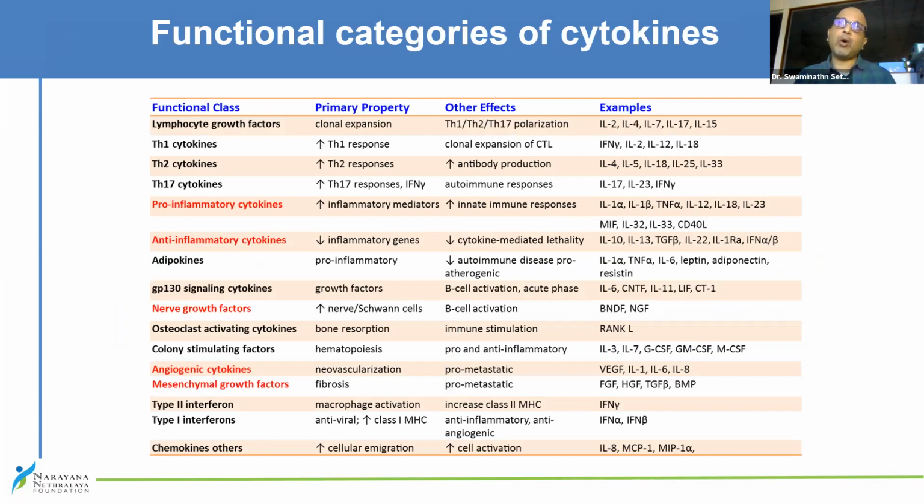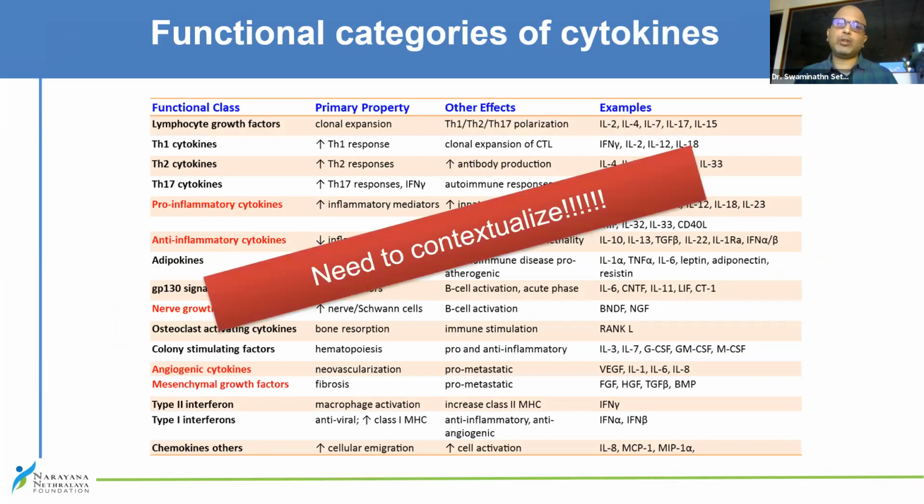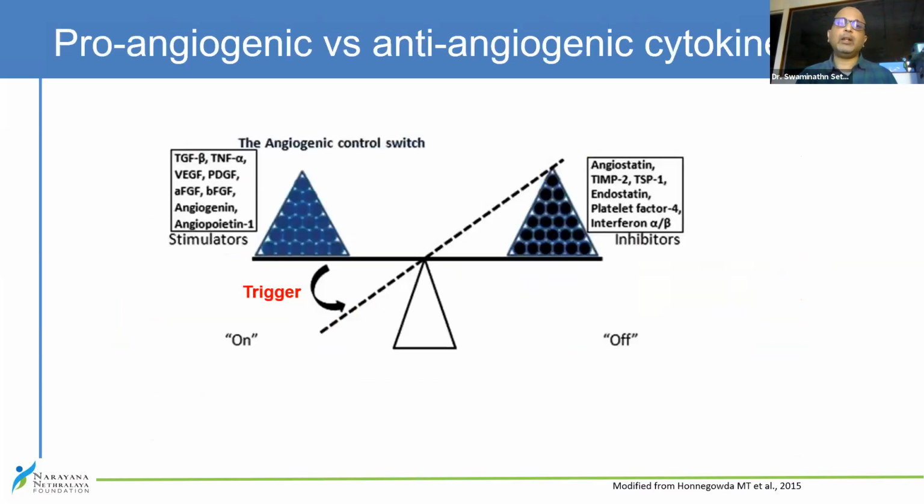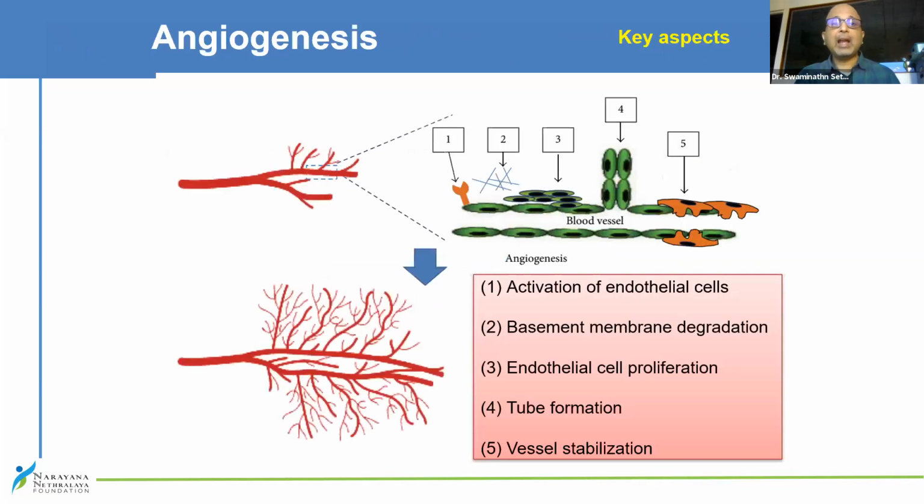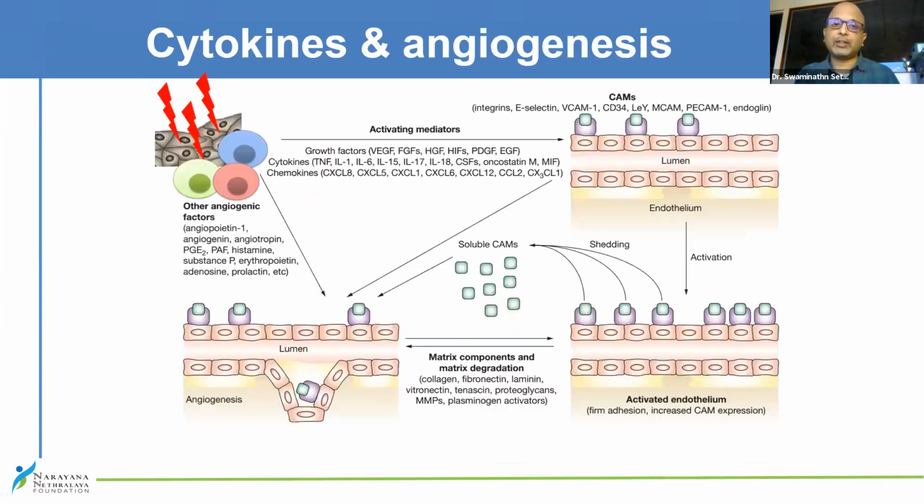but it looks simple, yet it is not all inclusive. So therefore, we need to contextualize it individually. Say, for example, if you take pro-angiogenic versus anti-angiogenic cytokines, we need to know the exact roles of these stimulators and inhibitors, and which aspect of angiogenesis they actually play, whether they are involved in activation of endothelial cells or degradation of the basement membrane for the vessels to grow, or vessel stabilization,